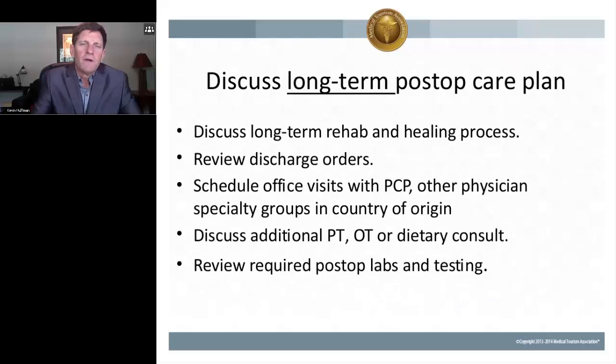So you'll have some opportunity to discuss long-term postoperative care, but you can begin this conversation 3 to 4 weeks prior to the examination or prior to travel, and then on the fit-for-flight physical, you can bring up these things. The patient needs to be aware of all these aspects of the care. Once they come back to you after travel and they're back in your